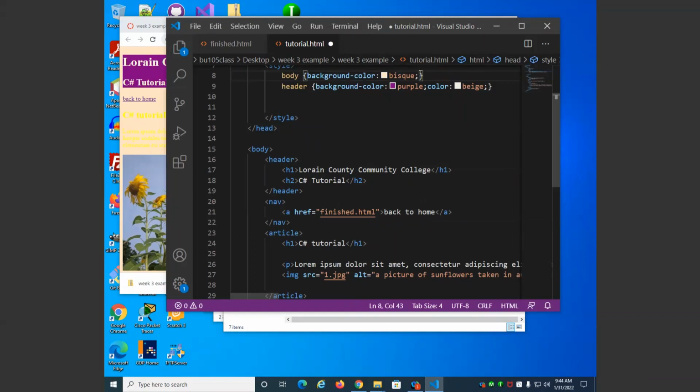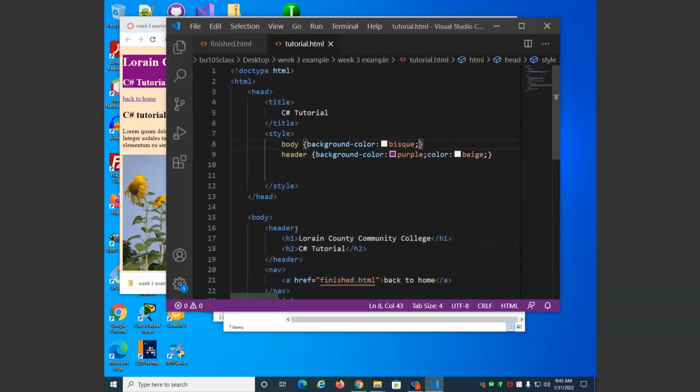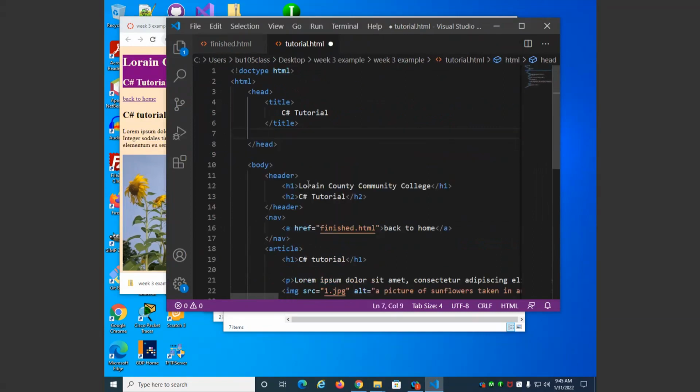So it's important to keep in mind that the way your page looks from now on is a combination of two things: the browser defaults plus what you change via CSS. I didn't set the color for that, therefore I still get the default color of black. Now, the last thing I want to talk about is putting the CSS rules in a file all their own. I can put the style stuff right in the page, or